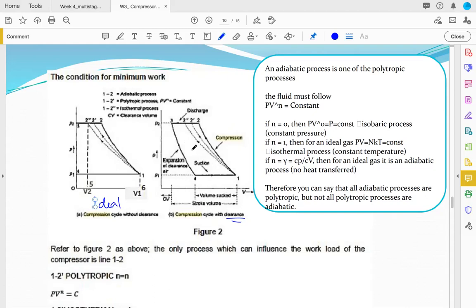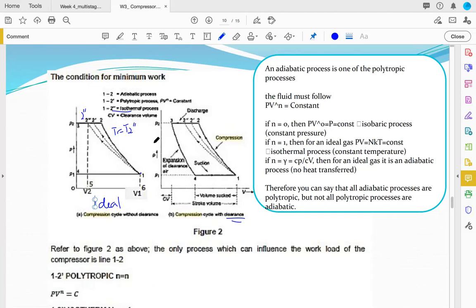We also learned about the minimum work in the compressor. Ideally, we try to have minimum work from 1 to 2. There are three options. 1 to 2 double dot is isothermal if you look at this properly. What that means is your compression, the pressure increases, but the temperature is exactly the same as T1. So this is T1 equals T2. Well, this is ideal, but